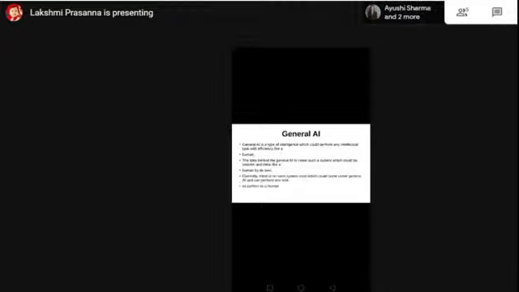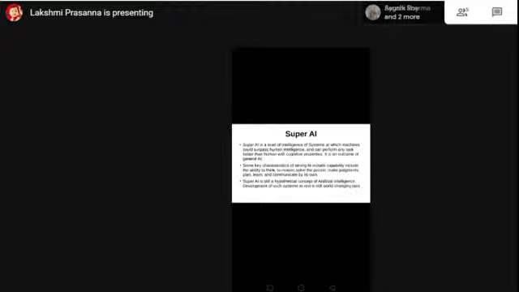Next, general AI. General AI is a type of intelligence which could perform any intellectual task with efficiency like a human. The idea behind it is to make a system which could be smarter and think like a human on its own. Currently, no such system exists which could come under general AI and can perform any task as perfectly as a human. Actually, we are using narrow AI nowadays. But general AI and super AI are purely hypothetical concepts. They are not implemented now, but in future they may come.